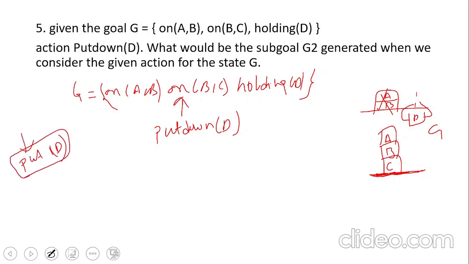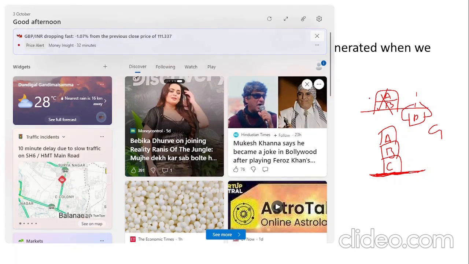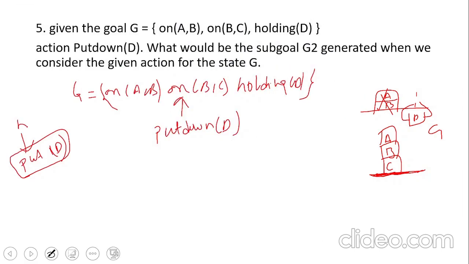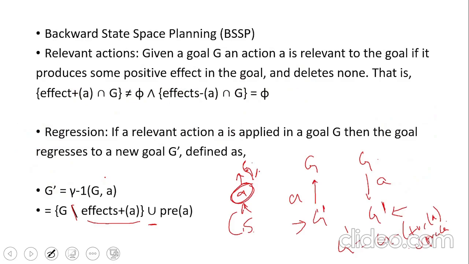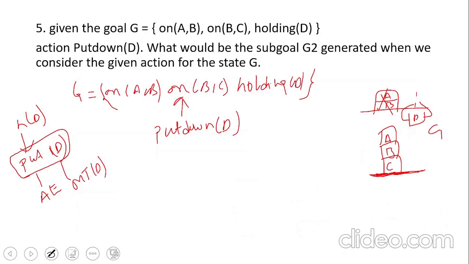The precondition required is holding D. And the effects are arm empty and on table D. Okay, so this is for put down D. Now what I told: delete the positive effects of A from the Z and take the union of preconditions. First delete the positive effects. So what is the Z bar now that will come across? So Z bar is